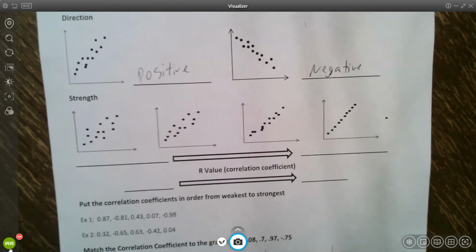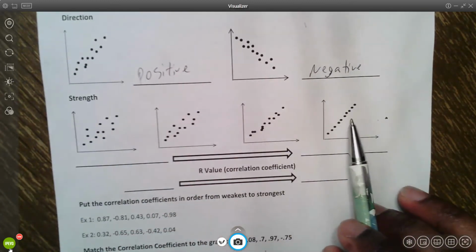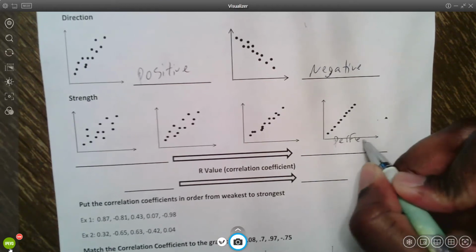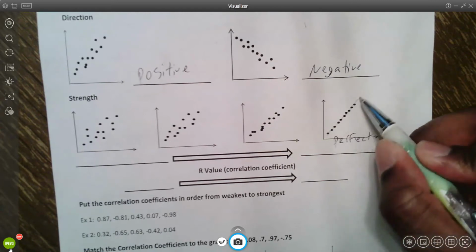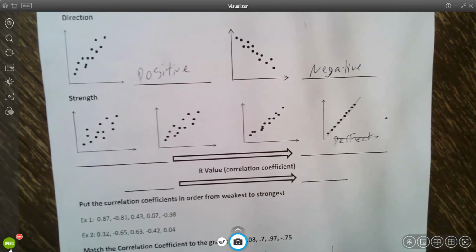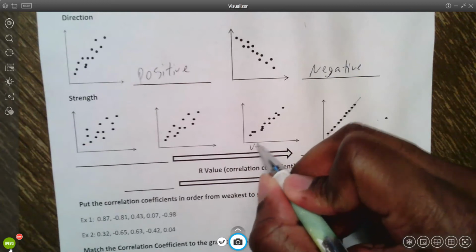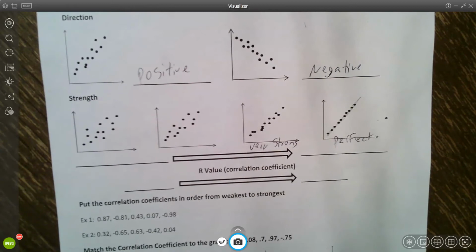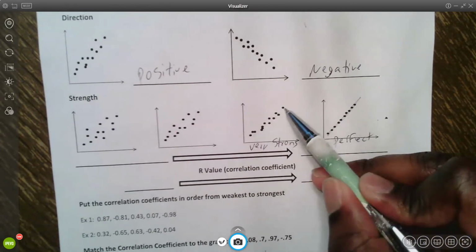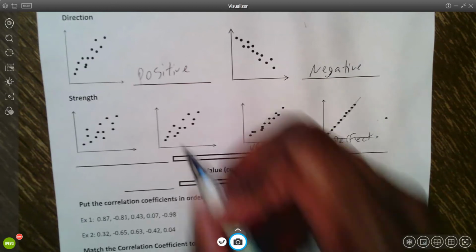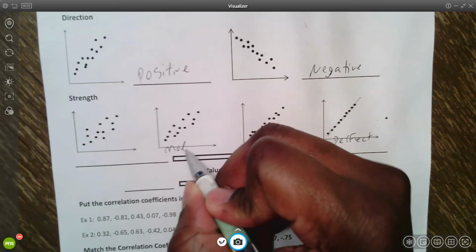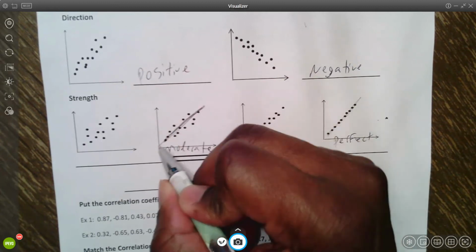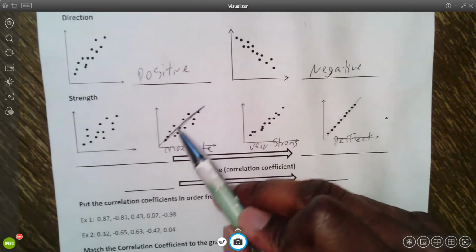All right, so we got 4 of these graphs here, and apparently it's going up in strength. So this is definitely a perfect correlation. This is perfect, because it's pretty much straight in a line. If I drew a line, it would go straight through all those points. This is a very strong correlation. The strength is really strong because it's pretty much in a line, almost. This is moderate,